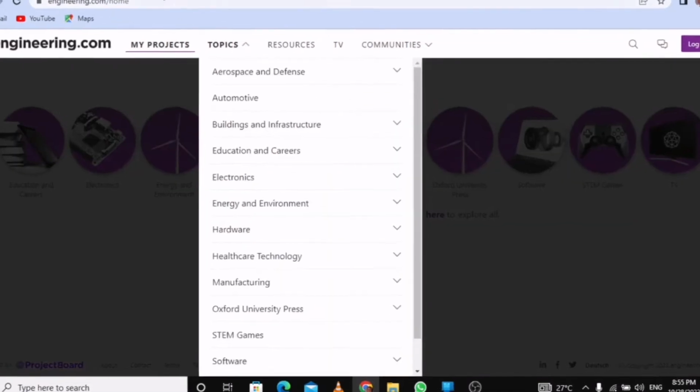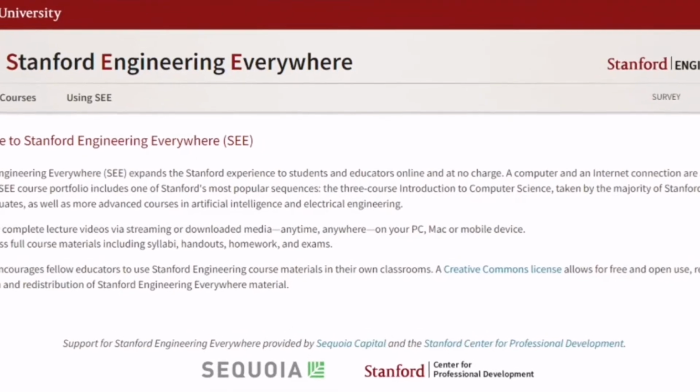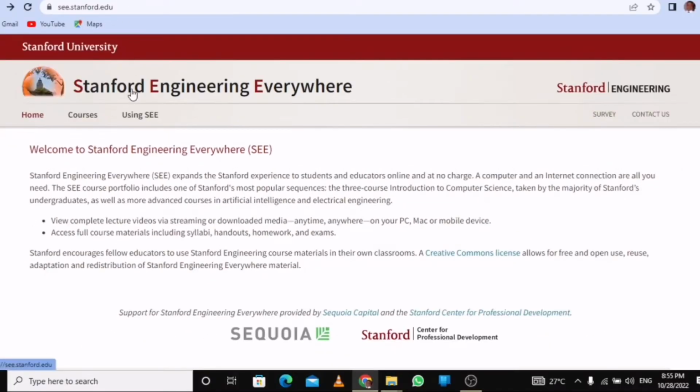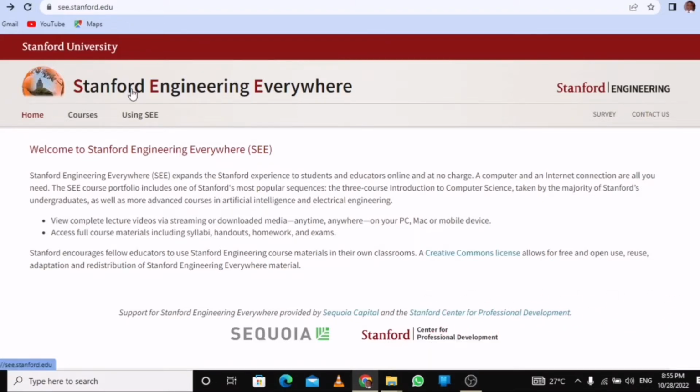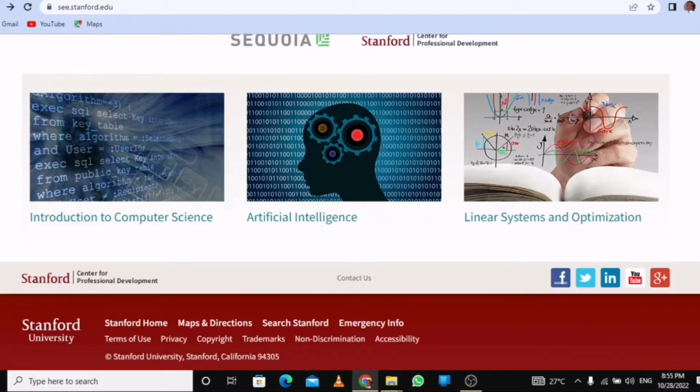The second website we're going to talk about is Stanford Engineering Everywhere, SEE. Stanford Engineering Everywhere is a free resource designed to provide students across the US with access to some courses and tools used by Stanford undergraduates to master basic computing, artificial intelligence, and electrical engineering. This website provides tutorials, and as you can see, we have